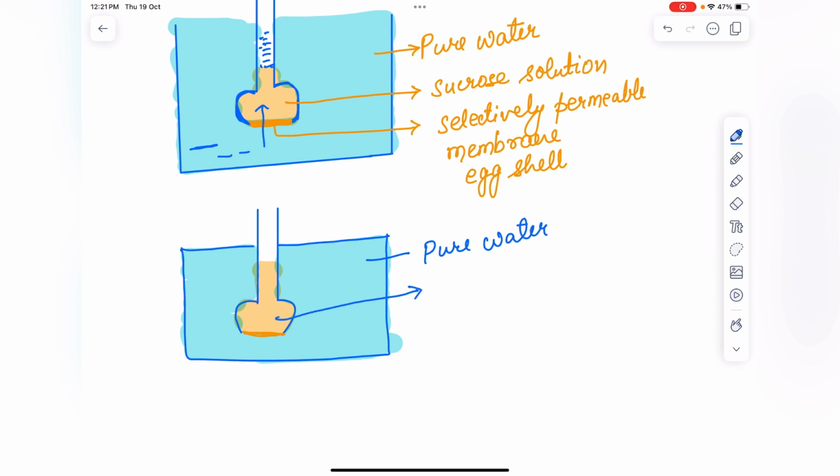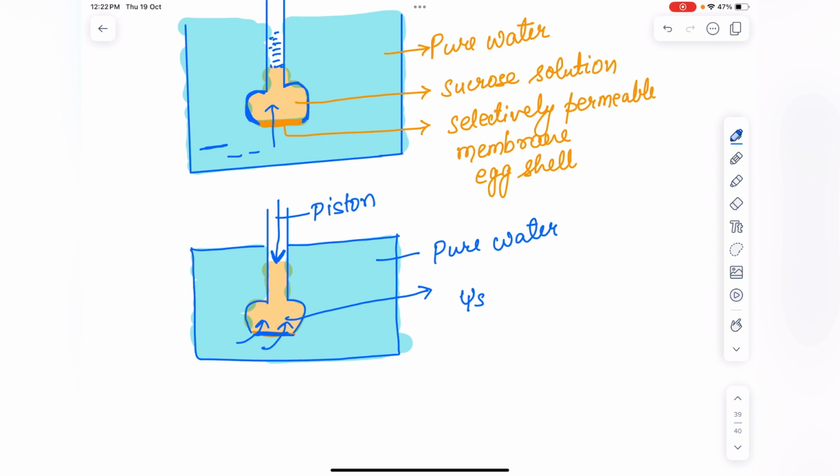If with the help of a piston we are applying force, pressure, to this, what will happen? When the external pressure is applied from the upper part of the funnel, no water will diffuse. जब हम लोग external pressure apply कर रहे हैं with the help of piston, so what will happen? The water will not be entering into the funnel. See what happens in this, जितना solute potential होगा उतना ही हमें pressure apply करना पड़ेगा, so that it will stop